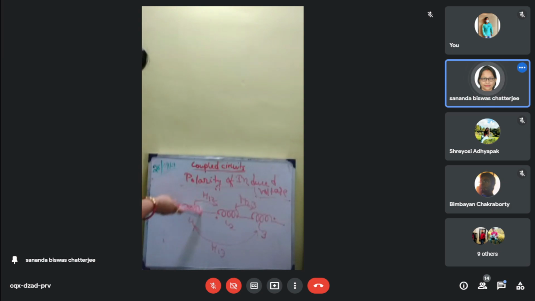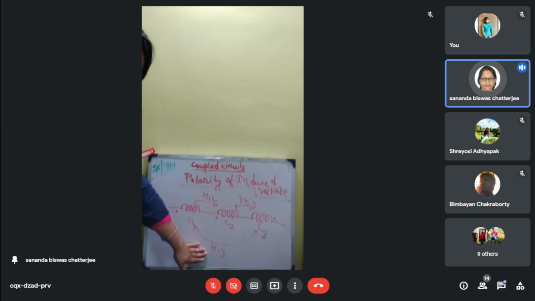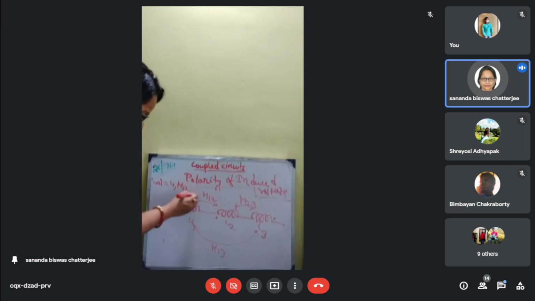Okay. So for net inductance of coil 1. For coil 1, inductance will be first of all L1, and then look from the figure, this coil is inductively connected to coil L2 and its mutual inductance is M12, and this L1 is inductively connected to L3 and its mutual inductance is M13. Now that means to find out the total inductance of coil 1, what things we need? L1, M12 and M13. These three things we need.